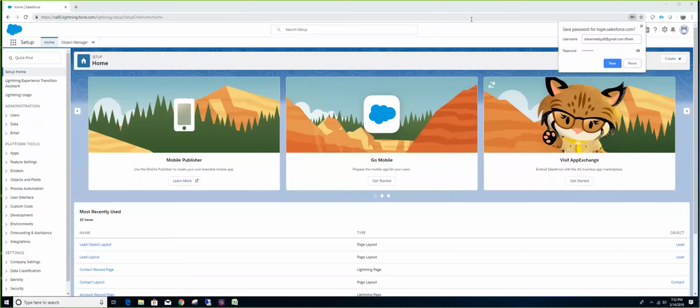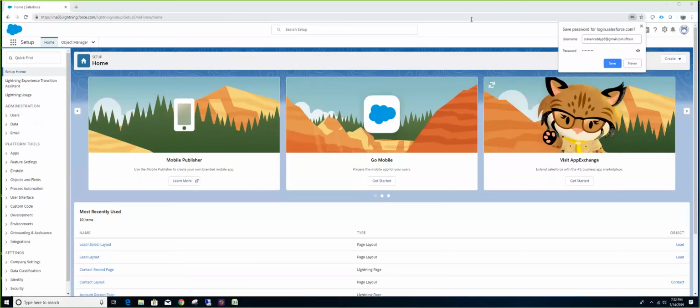So basically, record types help you categorize within the same object itself. Record types help you categorize the look and feel as well. For example, on account, we have business accounts. All the accounts that we use currently are business accounts. But if you want to support individual customers as well, you can create two record types on the account: one is individual consumer and another is business account. And you can create two page layouts: one is an individual consumer layout and another a business account layout.